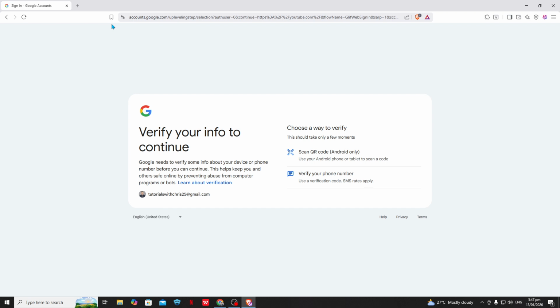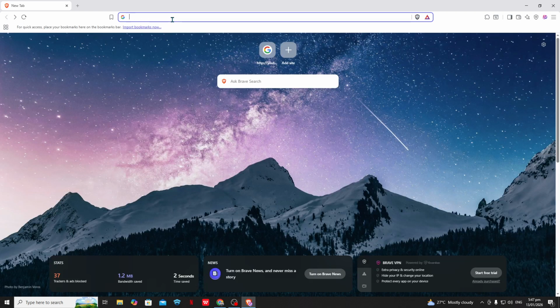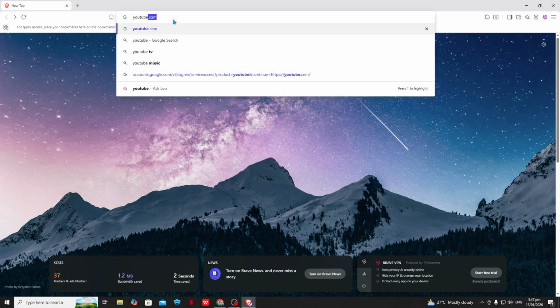Click that Install option. A small pop-up window will appear asking if you want to install YouTube as an app. Confirm by clicking Install. Brave will now create a separate app window for YouTube. You'll notice the YouTube window that opens no longer has the usual browser tabs and address bar at the top. Instead, it looks and behaves much more like a native application. At this point, YouTube is installed as an app on your PC.